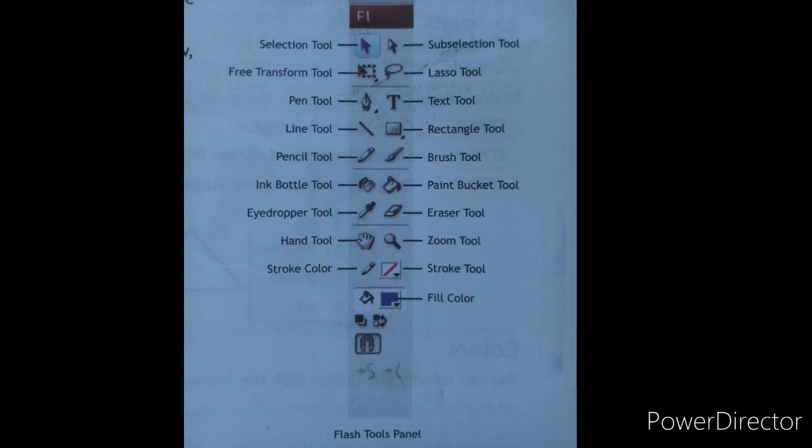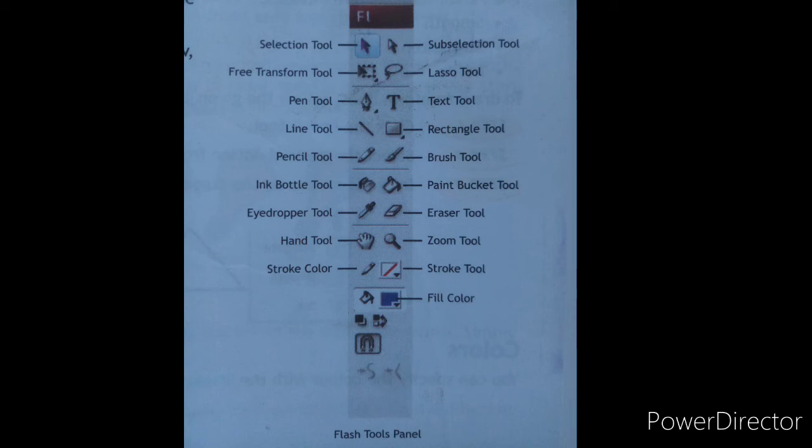Then the eraser tool. The eraser tool works similar to a classic eraser. It is used to erase something. We use an eraser when we want to erase something we have written by pencil. So like that, the eraser tool will be used.